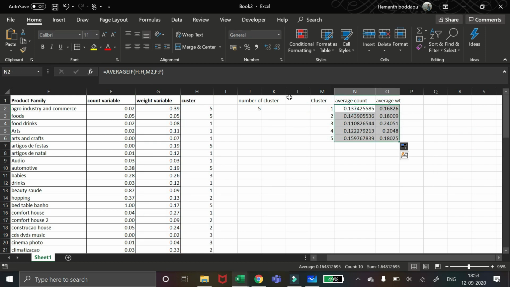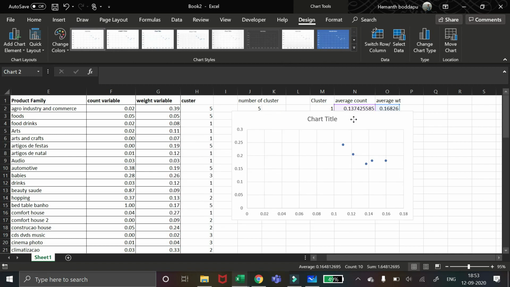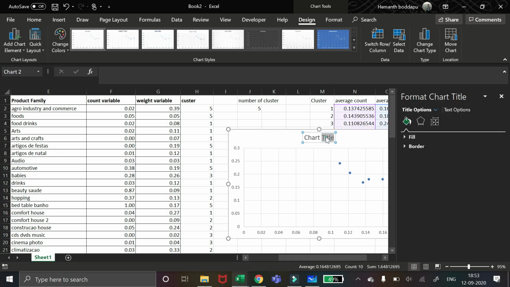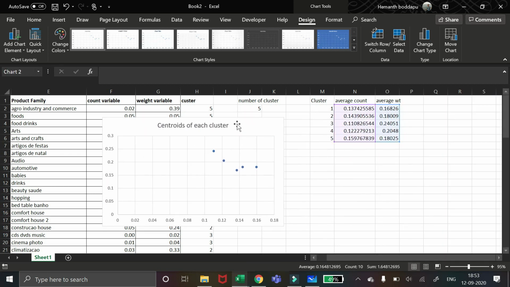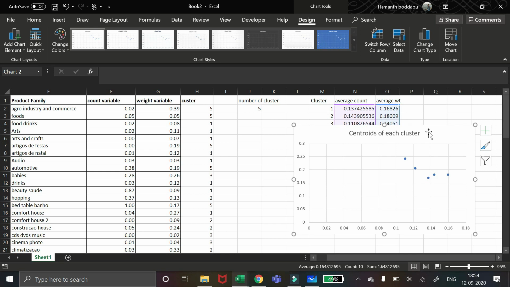Let's just plot this on a scatter plot for us to see where it lies. So now you can see the average of the count and weight are positioned this way. These are actually called centroids of each cluster, right? So you can see all the centroids are pretty close. Our data is ranging from 0 to 1 on both dimensions, but these are sitting close to somewhere 0.25 and maybe 0.2 on the x-axis. We need to somehow spread them out so that we have proper clusters.